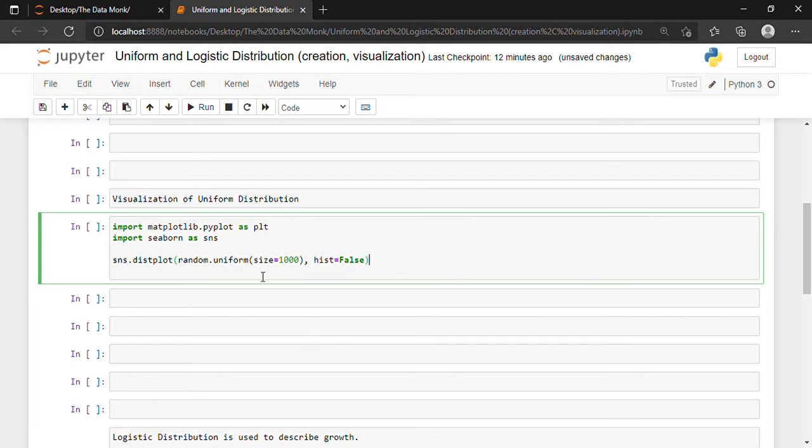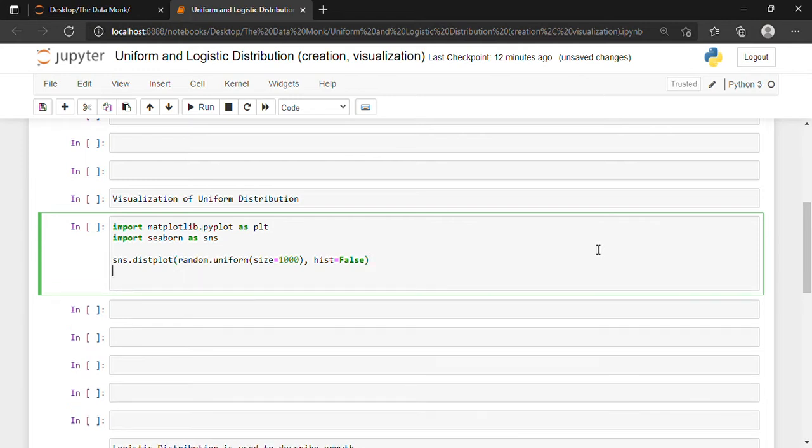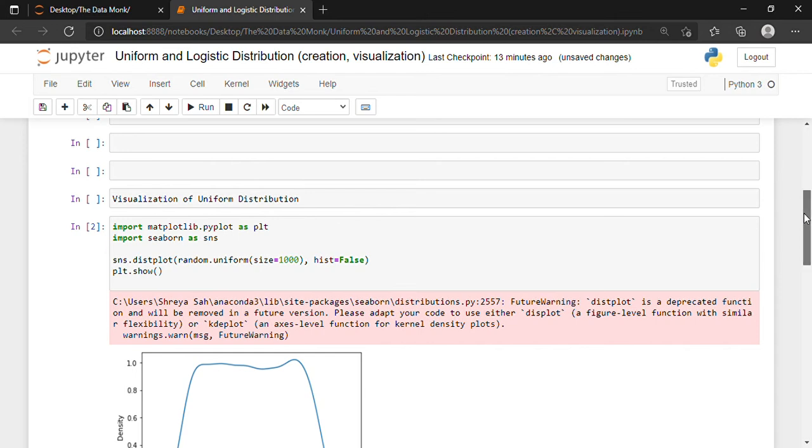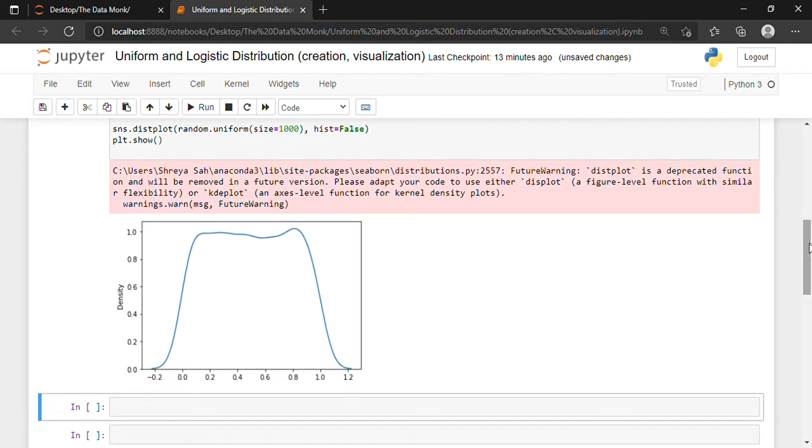So we are creating the uniform distribution as well as visualizing it using the distplot method. Let's write plt.show, shift and enter. So this is what our uniform distribution looks like.